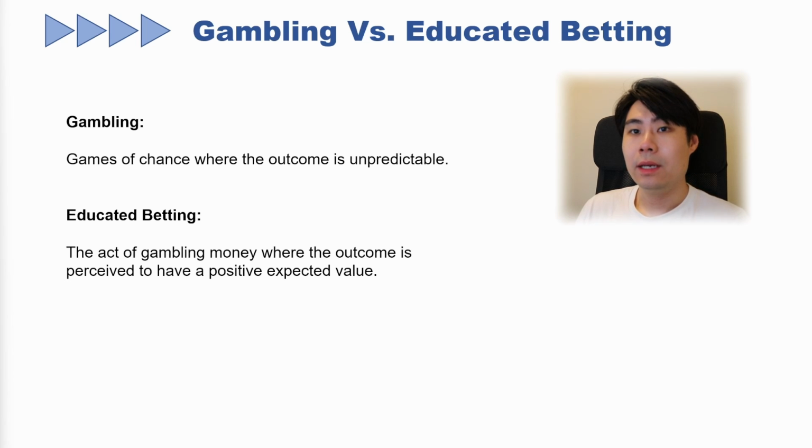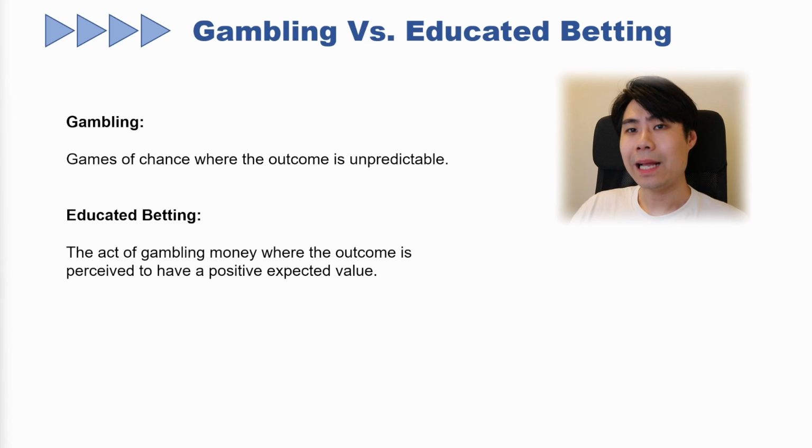Versus if we're talking about a professional trader who develops their strategy and has a high positive expectancy, then the likelihood of him winning in the long run is positive, which makes him an educated bettor. Sure, there are times where he's going to lose, right? And that's why there is a gambling aspect involved. And the same thing with real estate, right? No one would really predict when the housing market is going to crash because of various different aspects, but you can minimize your risk by understanding what is a positive expectancy so that you can do educated